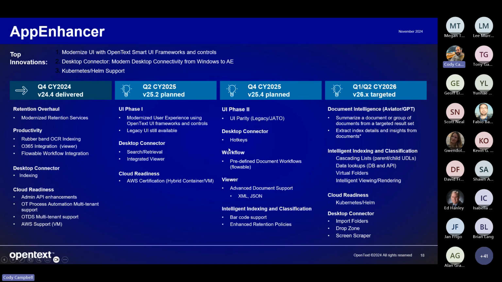We're also putting in hotkeys for the desktop connector, so we can quickly bring up applications or indexing screens rather than having to thumb through the screens. This is where we start to see stuff from the Flowable integration bubble up into the UI space, is the predefined document workflows, where we can start to do document routing. Our biggest goal is to have at least one document routing workflow for 25.4, so you can do basic routing with the doc engine using EDB, WIM combo against the Flowable tool. So that's big because we don't have that and haven't had that for years.